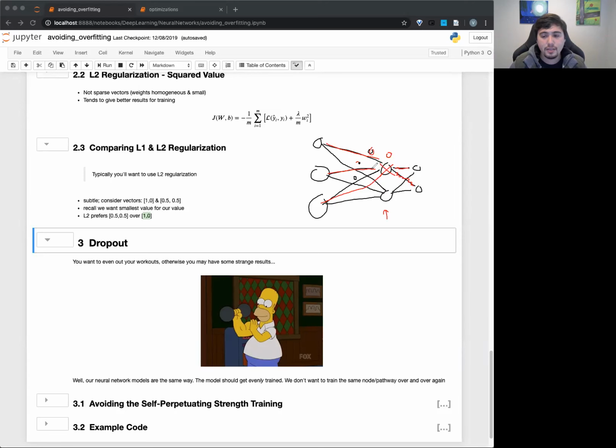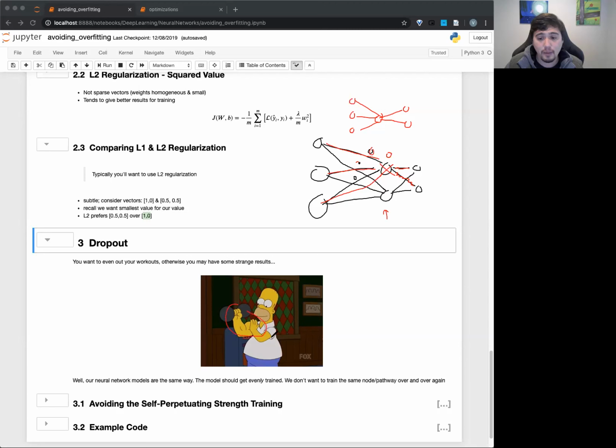So this architecture you had originally that looked like 3, 2, 2 might end up effectively looking like 3, 1, and then 2. And you can see that's a very different architecture going forward. We want more complexity. Remember, the whole point of neural networks is that we want that complexity to find patterns.